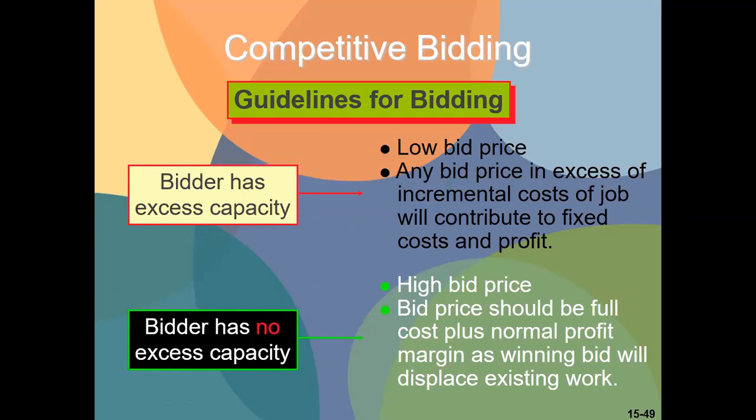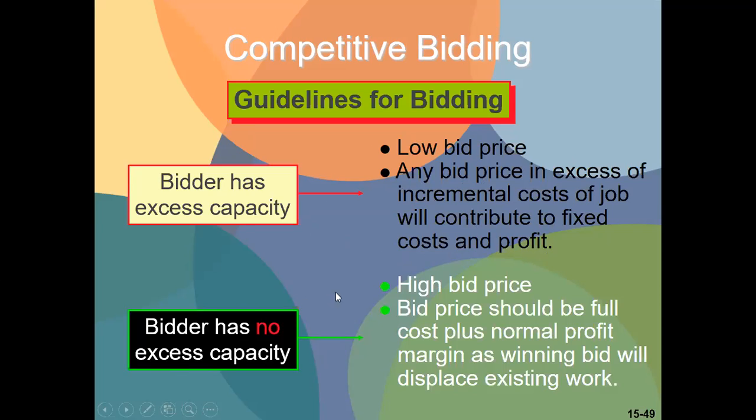Anyhow, the guidelines would be if there is an excess capacity, so we think of the idle or unused capacity, we get the low bid price or the lowest bid price available, and that would normally be composed of the incremental or variable costs, including avoidable or we would say the relevant costs. Then any bid price in excess of incremental costs will contribute to fixed cost and the profit. Because of course, the bid price is normally the variable cost. So other than variable cost, what would be there? The fixed cost and the profit.